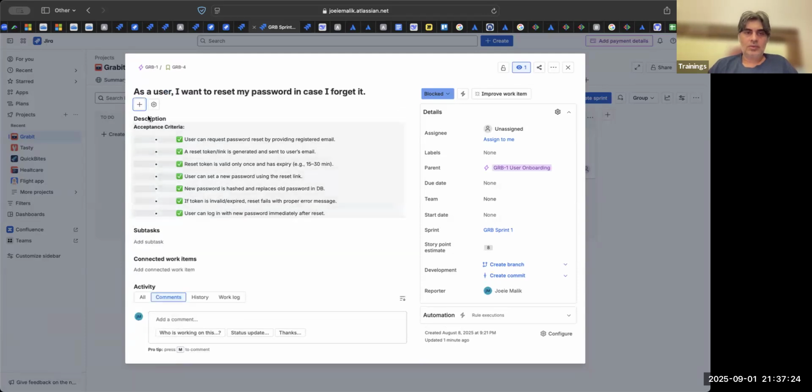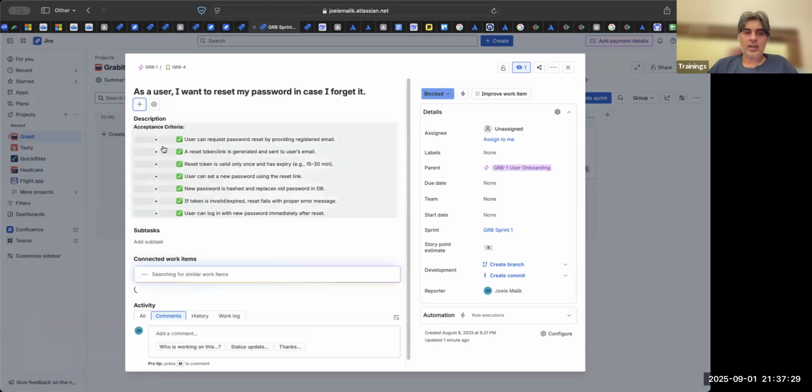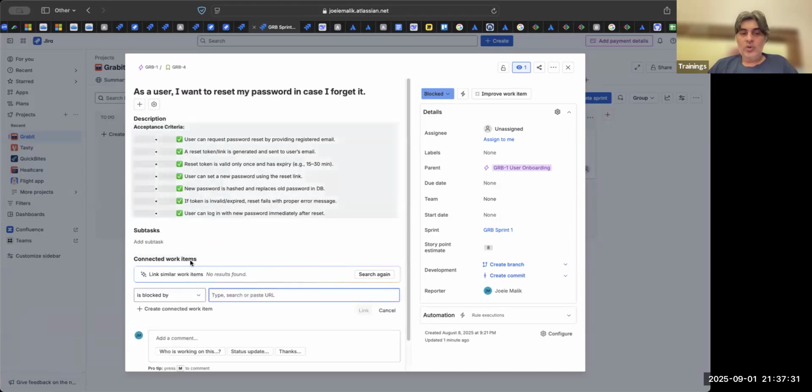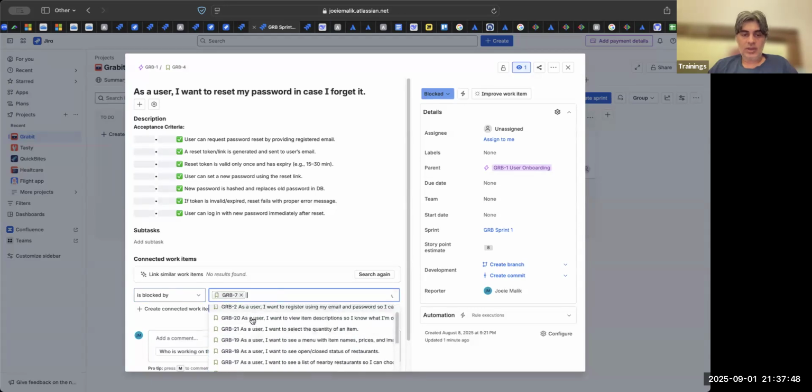There's an option called add connected work. I click on that and I use the relationship is blocked by. There are a lot of different relationships, we'll talk about it, but for now, is blocked by. So this bug which Priyanka has raised is a blocker. Where is that bug here?